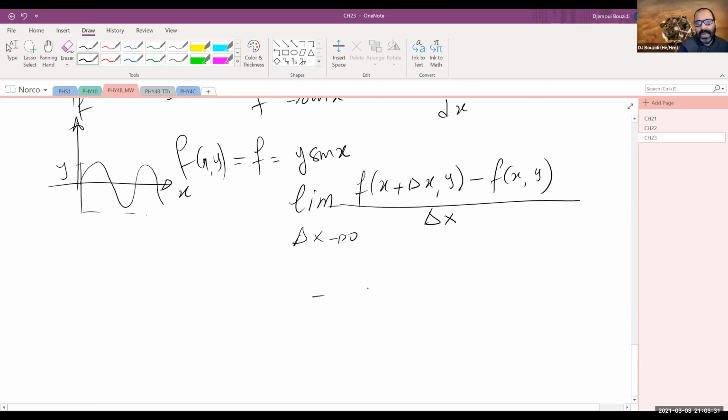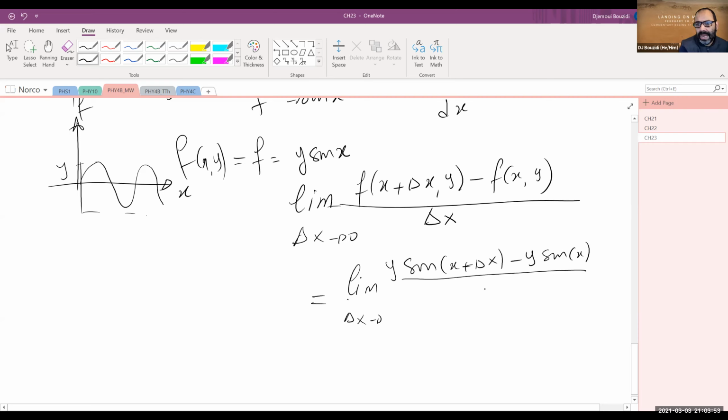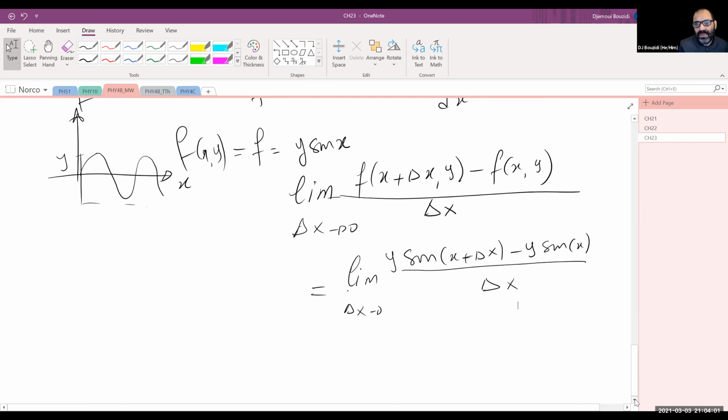So what we're going to see in here is the limit when delta x goes to 0 of y times sine of x plus delta x, minus y times sine of x, divided by delta x. Obviously, y has no business in here with this limit, so it can come out of the limit. So we'll be left with